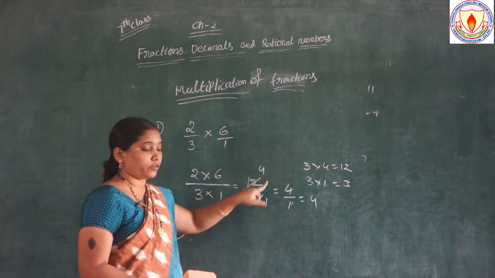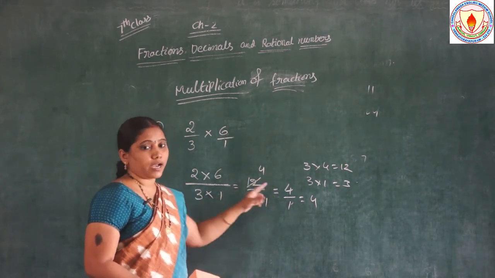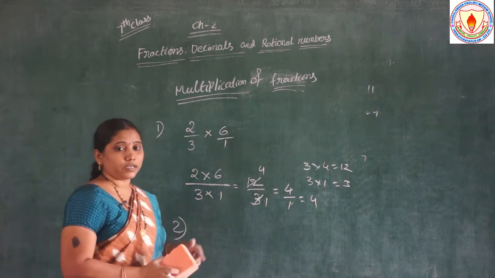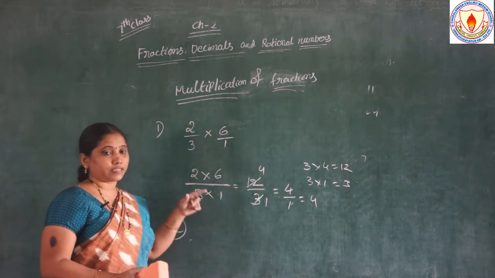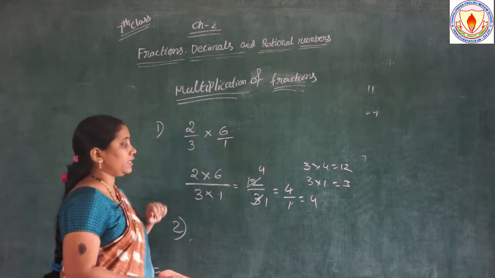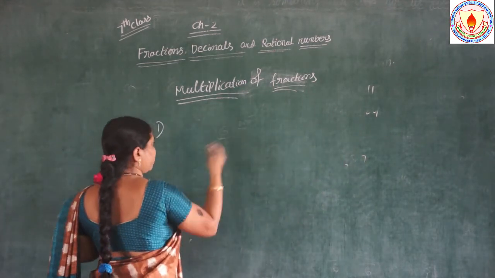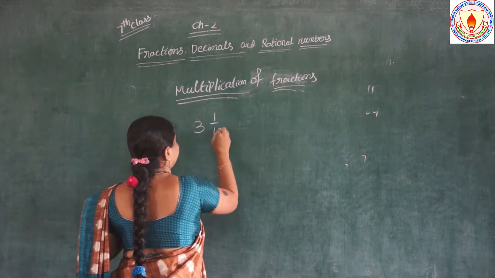In 12, number 4 times, in 3, 1 time. The answer is 4 by 1. Do you understand, children, how to multiply the given fractions? Directly we have to multiply numerator and denominator. So now I will give one more example of how to multiply